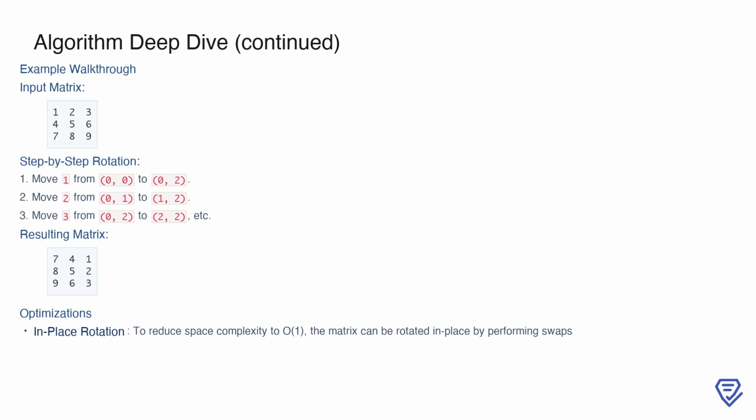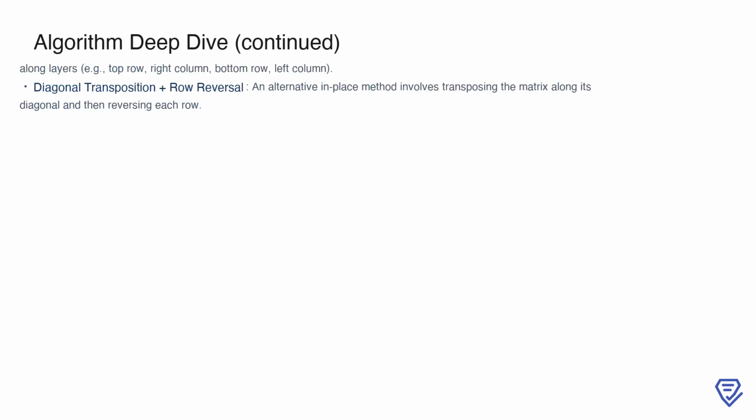The final rotated matrix is 7, 4, 1 in the first row, 8, 5, 2 in the second row, and 9, 6, 3 in the third row. While this process uses a temporary matrix, optimizations can reduce the space complexity by modifying the matrix directly, which we'll explore further. To optimize the algorithm and perform the rotation in place, we can avoid using a separate matrix by